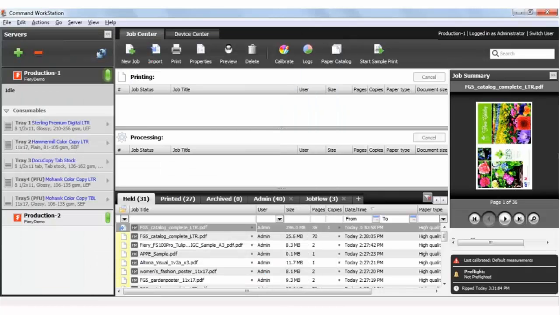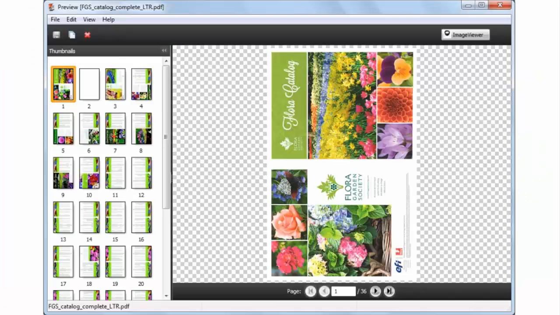We also have an area over on the right-hand edge called Job Summary. It's really kind of the preview tab. I can look at my job and click through the pages of how they're actually going to print on the printer. As a matter of fact, if you take a look at the magnifying glass icon or the preview button, which have been highlighted here, and click on either of those, you get a more elaborate preview environment, which looks like this,